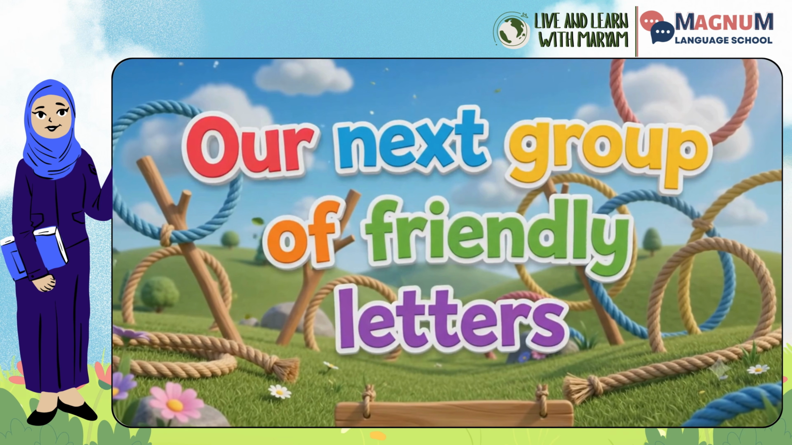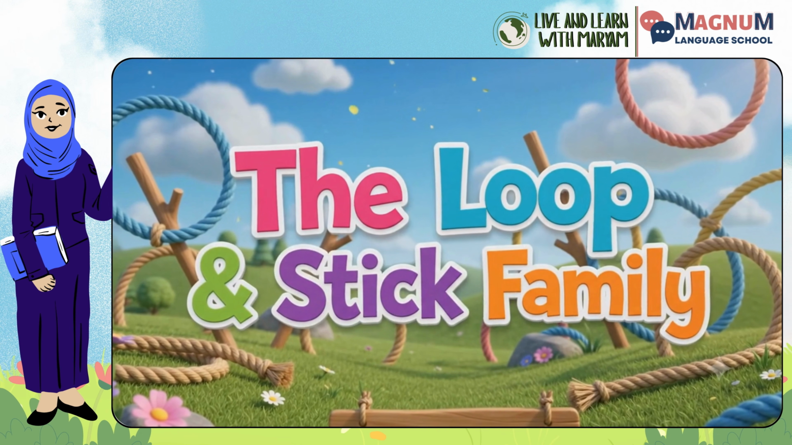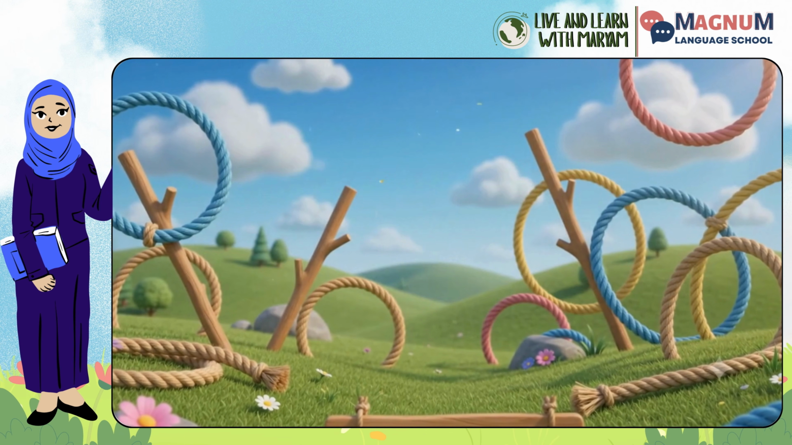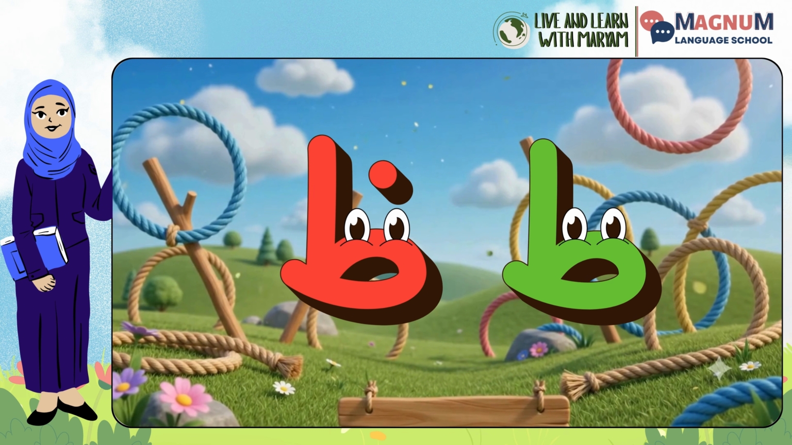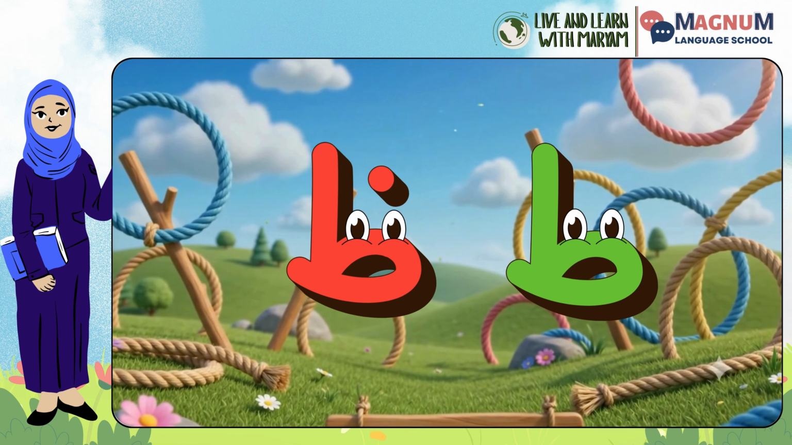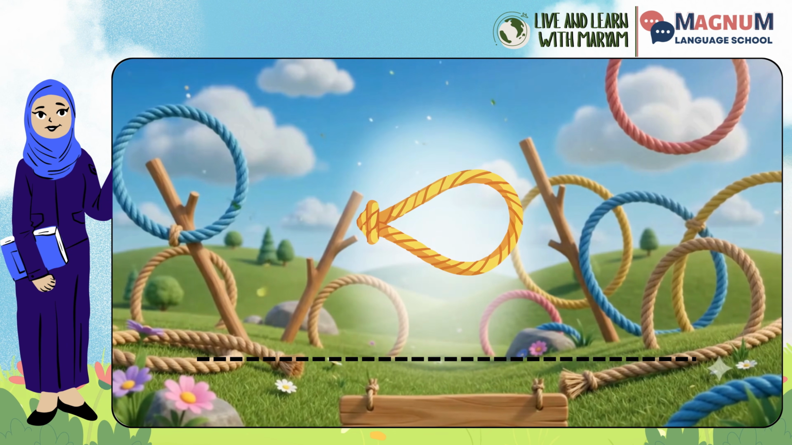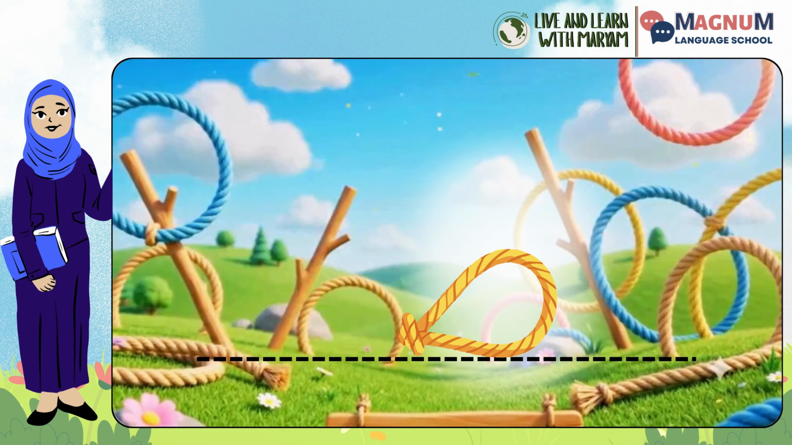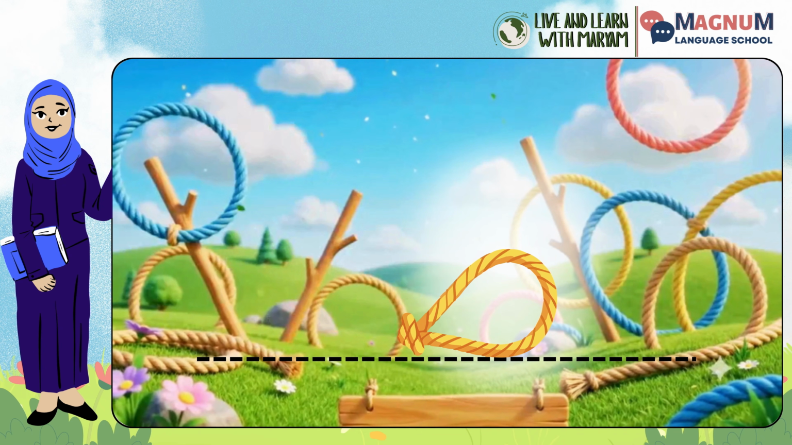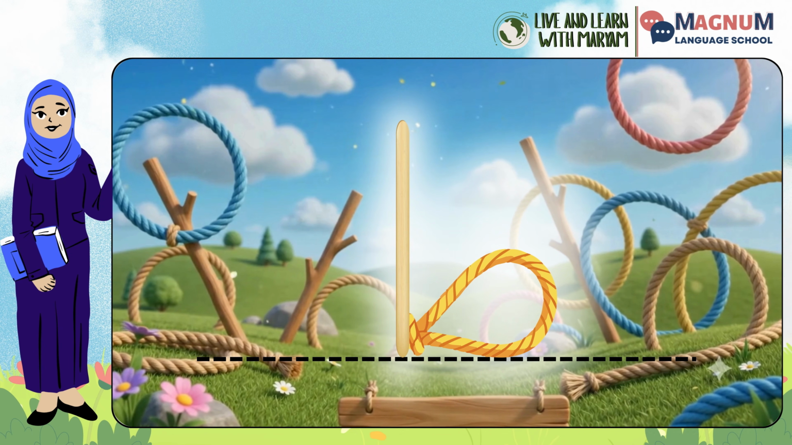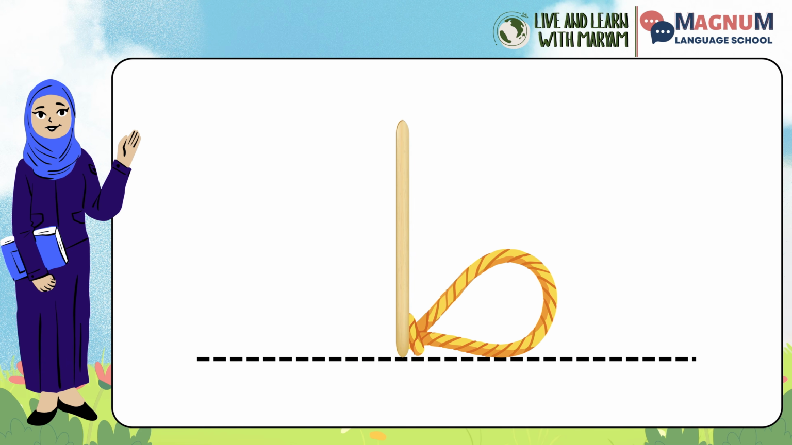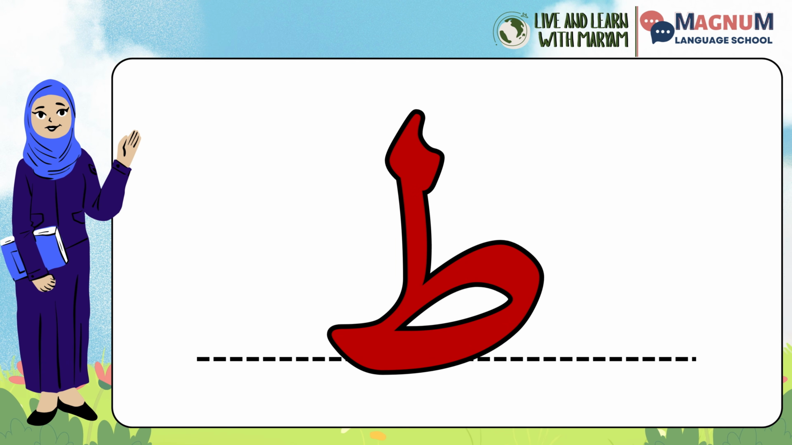Our fourth group of friendly letters is the loop and stick family, which includes thaa and zwaa. These letters are shaped like an oval loop resting right on the baseline, tied by a tall vertical stick. Letters of this family are very rigid. They do not drop below the line